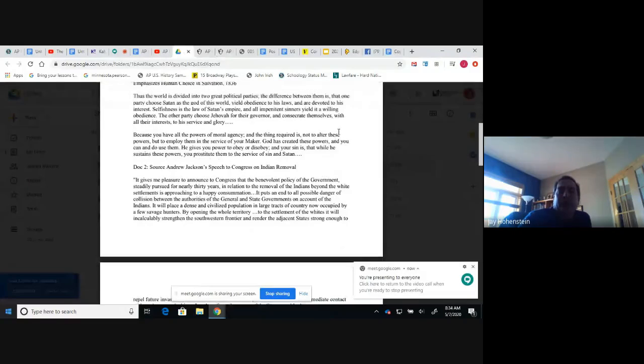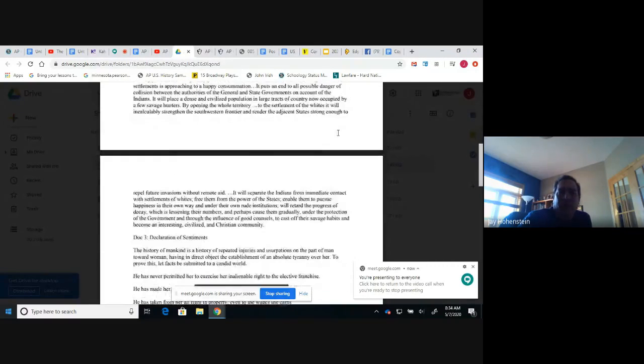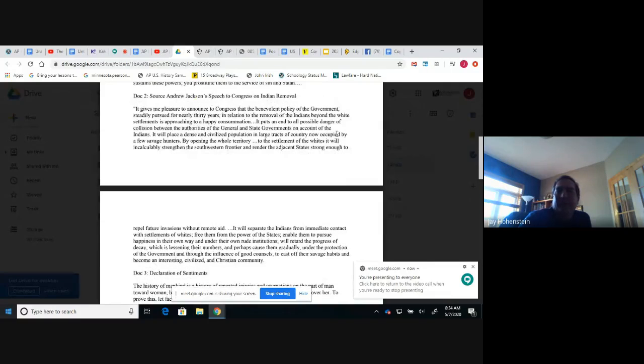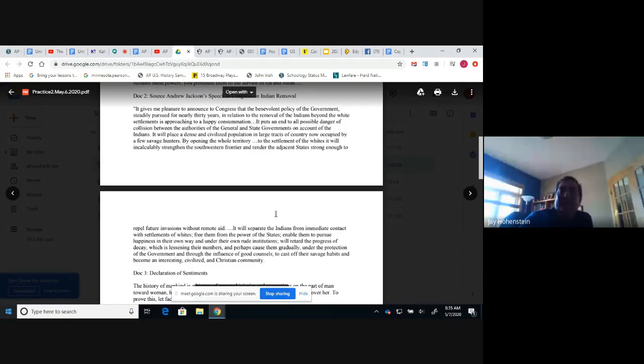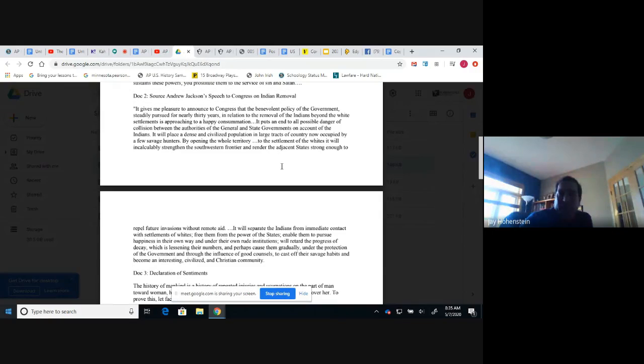Andrew Jackson's speech to Congress on Indian removal. He is talking about removing Native Americans from the southeastern part of the United States and moving them out to Oklahoma. Now, when you think about this movement, the reason why the Indians are being removed, if you're being charitable to Jackson, he is doing so to remove Indians from the east so that they are not threatened by their neighbors. But also, when they open up this area, they will be able to exploit the gold that has been found in Cherokee territory, but even more so, this land can now be used for cotton production. And so they'll be able to start planting cotton in the former lands that used to be held by the